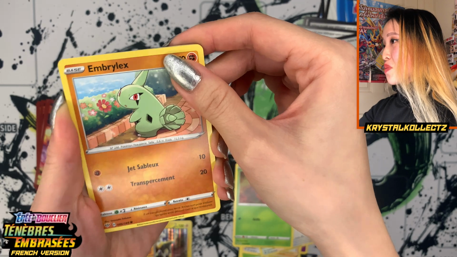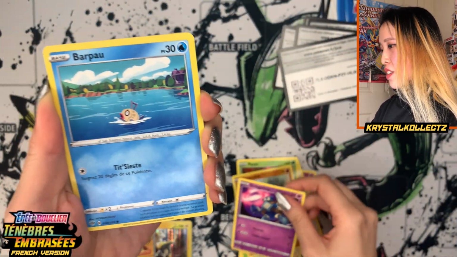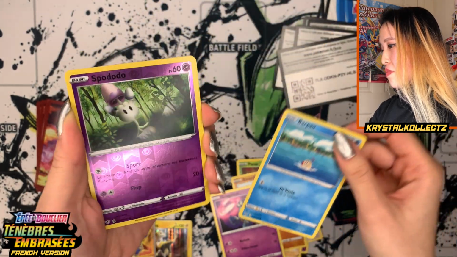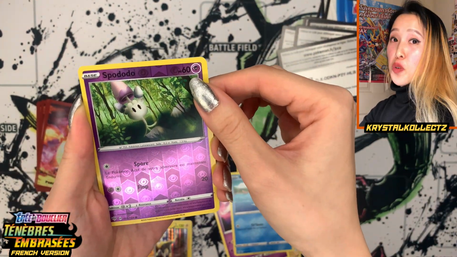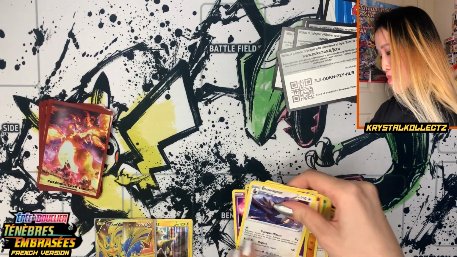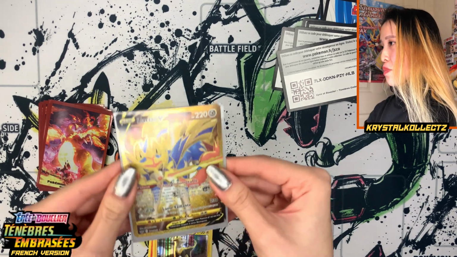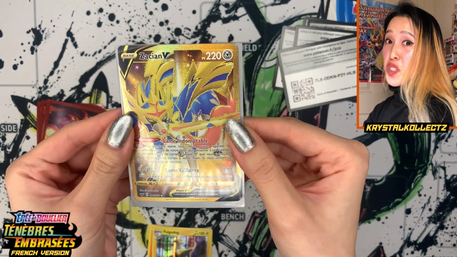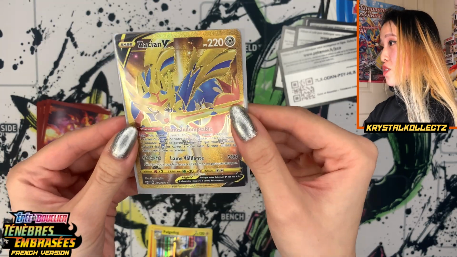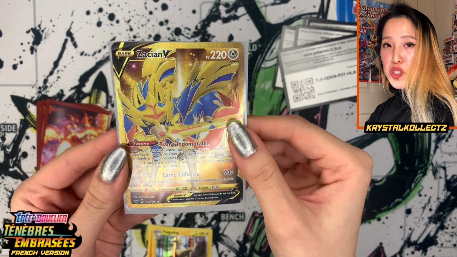Of course, Emberlex, which is Larvitar. Golette, Gringolem. Feebas, which is Barpow. Spododo, which is Morolol in English. Last but not least, okay, no pull there, just a Staraptor. All right, so since there weren't too many pulls today, I'm just going to show you pretty much our only pull, the Gold Zacian. So this is from 10 booster packs, 5 blisters. I'd say the pull rates aren't too much, but overall, good quality,